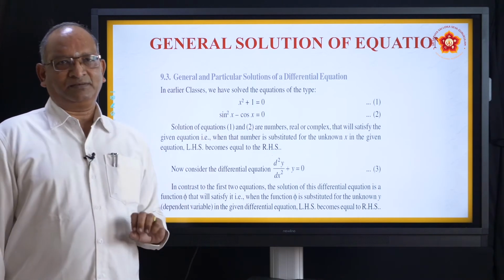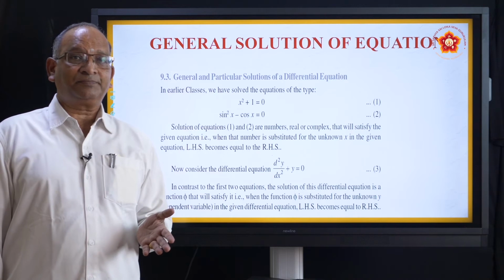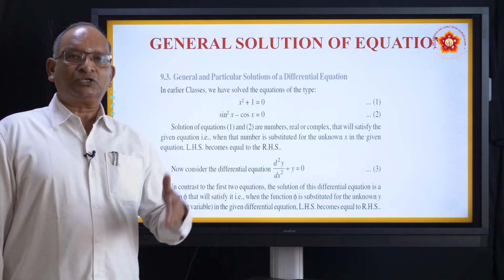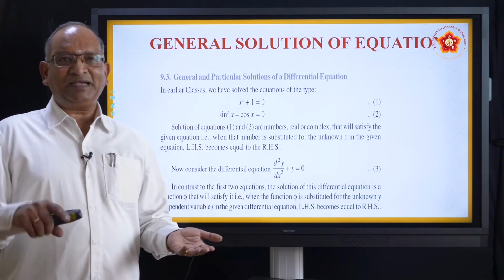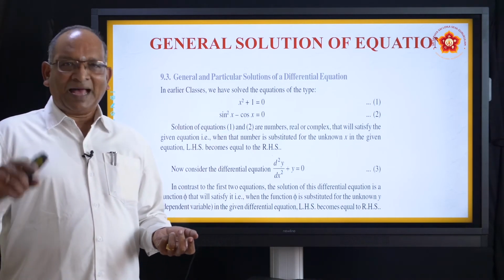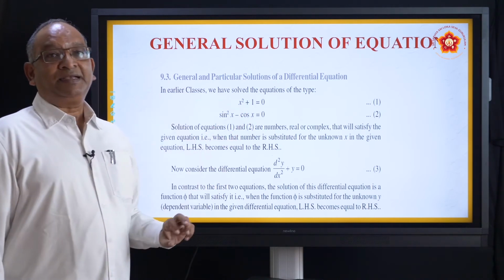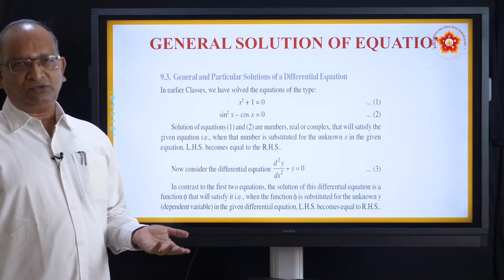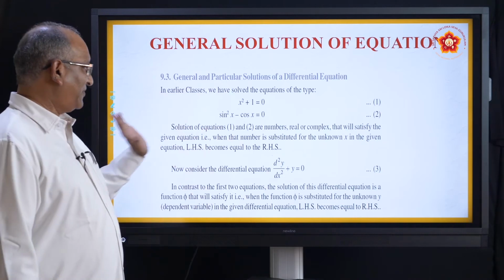Shift plus 1 that side. So what do you get? x square equal to minus 1. And we know that there is no real number whose square is a negative number. So the solution which you are going to get is imaginary, complex. So what is under root of minus 1? We imagine that under root of minus 1 is i. So it is i square. So in this case, it is complex. Wherever imaginary numbers are used, we call them complex roots. Okay. This is a trigonometric equation. Okay. So that is fine.